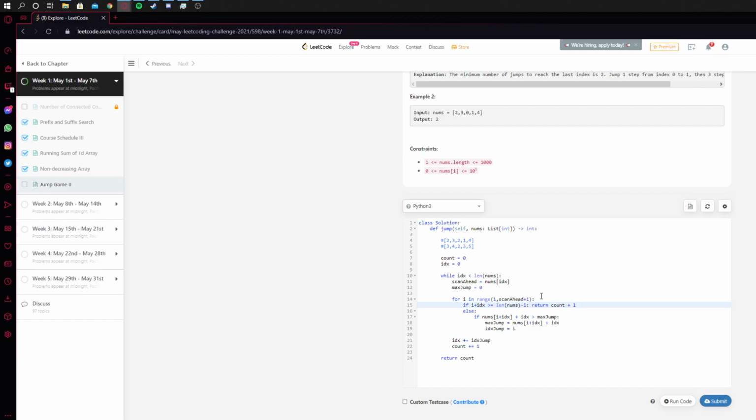It's because you don't want it to be out of bounds. That's why. So as long as there is one index. Yeah. So if you're scanning ahead and then it's out of bounds, that means you